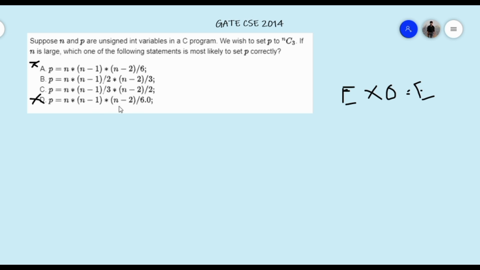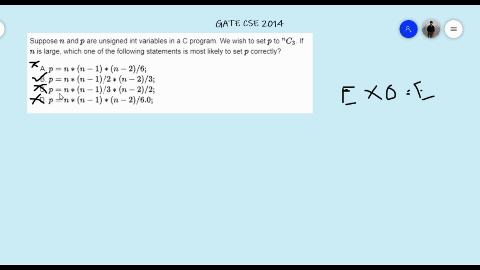So even into odd will be even, and if we divide an even number by 3, that may cause a precision problem. It may go up to the decimal point, and if we are storing it temporarily, it may cause a precision loss. But in option B we are dividing by 2. If we divide an even number by 2, it will never generate a decimal number, so we will never lose anything. So option B could be the correct option, because here we will not get any kind of problem.